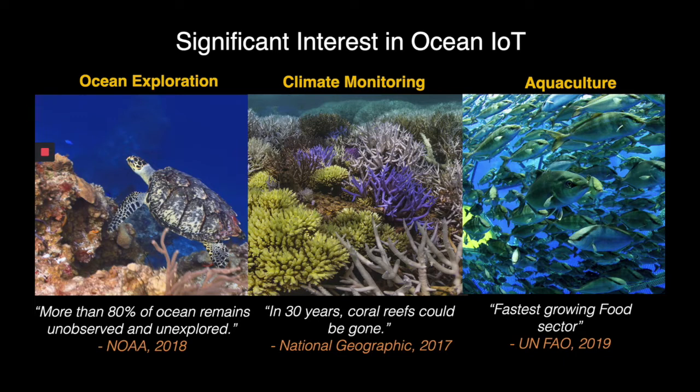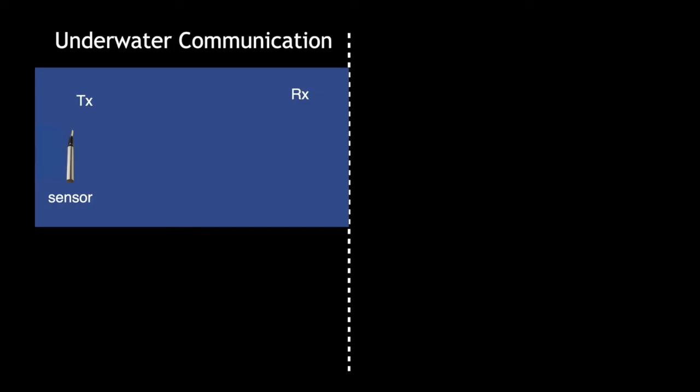Unfortunately, the existing technologies are not amenable to deliver on these applications. Broadly speaking, the current underwater communication technologies falls in two categories. In a conventional form of underwater communication, let's say we have a sensor that wants to transmit its information to a remote receiver. The way that sensor does this is it's equipped by the speaker, and on the receiver side, we have a hydrophone. Now, to send out the information, sensors generate an acoustic signal that will be picked up by the hydrophone on the receiver side.